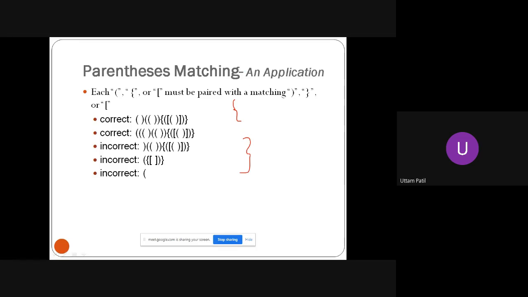How many you have opened, how many you have closed. So there was a clear mismatch there. So stack can be used to count the number of opening and closing brackets, meaning to check if your expression has the correct number of opening brackets and closing brackets. Maybe this can be one application of stack.